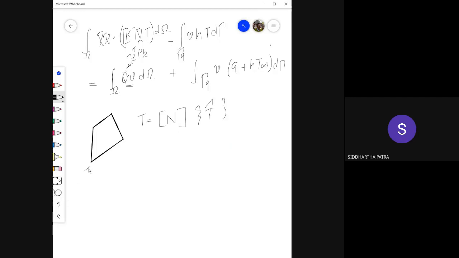T hat is this quantity, T1, T2, T3, T4, this thing transpose. So your shape functions are going to be the same, and you already know what type of shape functions